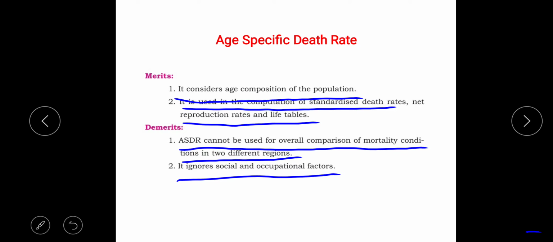When we are comparing with another city or maybe another country, their social and occupational factors will be totally different. It also affects the life span or age of a person, depending on which field he is working in. It determines the average age of the person, but ASDR has not considered that. So that is another demerit. Okay, and next,